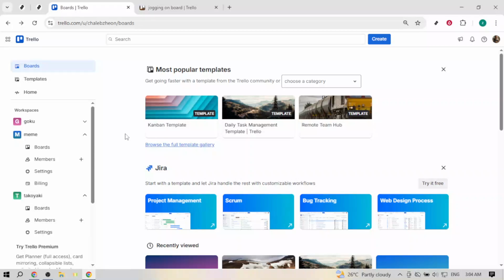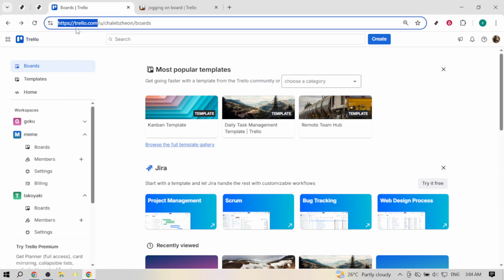In today's video, I'm going to teach you how to use Trello as your planner. Open your browser and head to Trello.com. You'll land on the homepage where you can explore ways to organize work and personal tasks. We're going to start by using a ready-made layout so you can get a functional planner in minutes without building